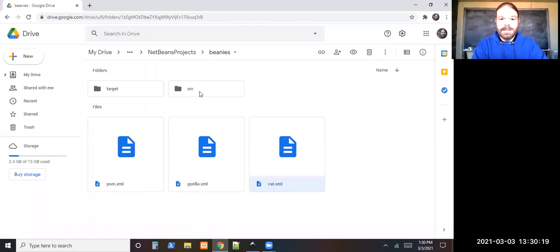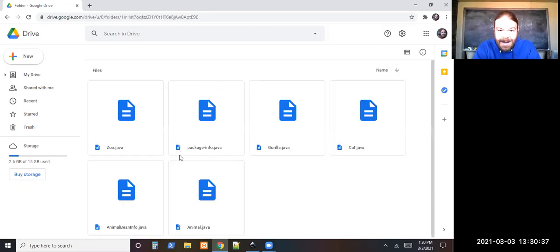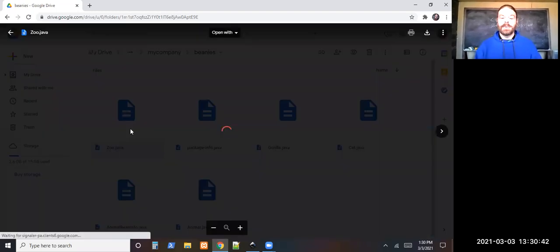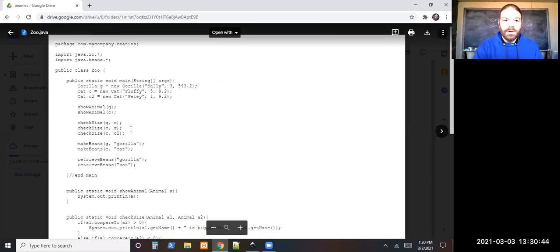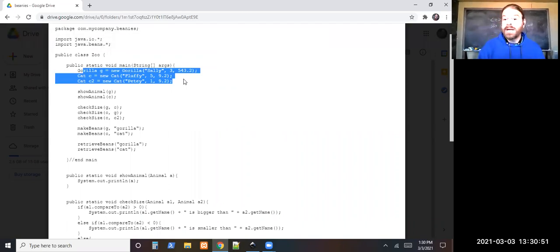I guess I'll open the source files. It's a Maven project, so I have a whole bunch of files to click through here. Eventually I'll get through all these folders and get down to the source file and see the thing I wanted to point at. There it is. It's probably in this one. And here in the code, we create these objects, and then instead of keeping them in memory the entire time,